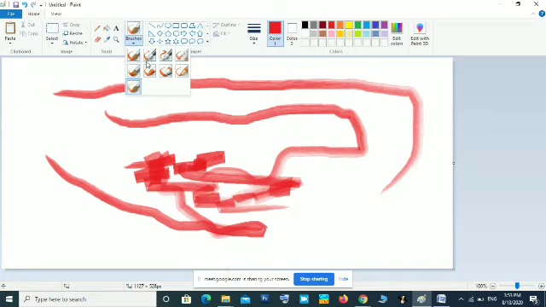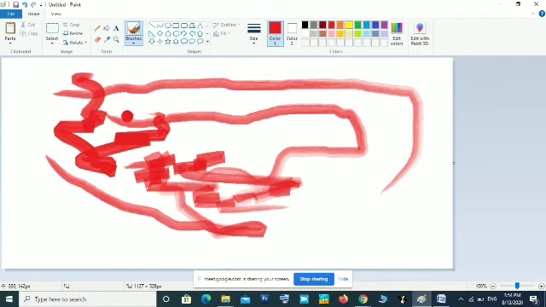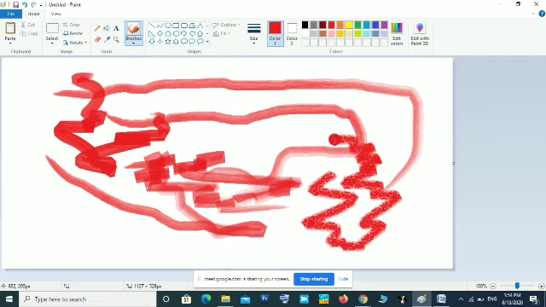If you are using oil painting, you can use that oil pen style. Then if you are using crayon, you can use the crayon paint. So that depends upon your painting. Okay, these are the different brushes, and using these tools, we are drawing the images.